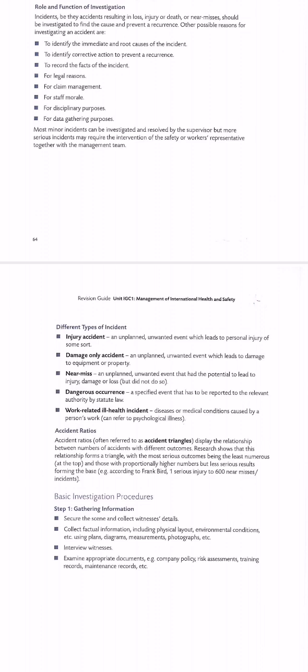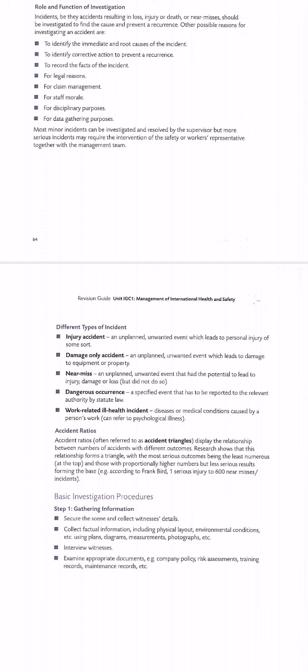So dangerous occurrence. What is a dangerous occurrence? It is a specific event that has to be reported to the relevant authority by statutory law. So a dangerous occurrence is when something very dangerous happens, you must report it to the authorities, right? Then work-related ill health incidents, for example a disease or medical condition caused by a person's work, which can refer to psychological illness,